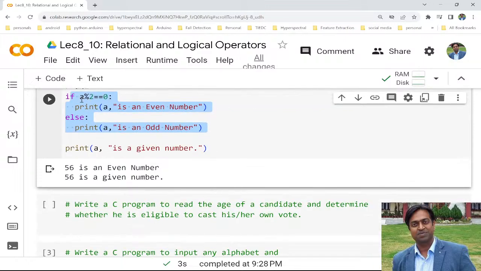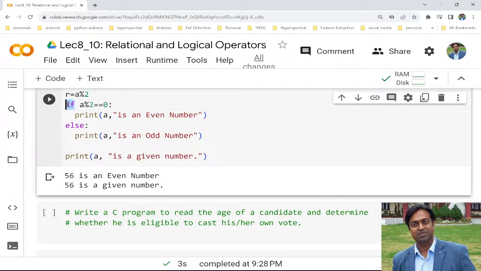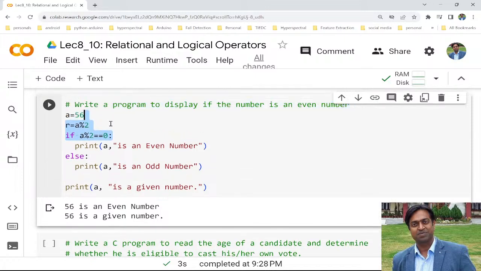Over here we have discussed that we just have to put the condition, like if is a keyword. After if, we need to put the condition like this, and after the condition we put a colon. After the colon, we can put all these statements. This can be one statement or two statements, three statements; we can put any number of statements after this colon. The only condition was that all the lines should have the same number of spaces,